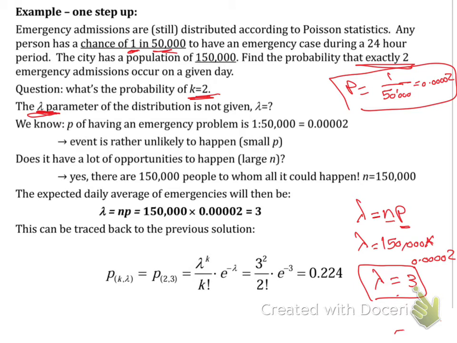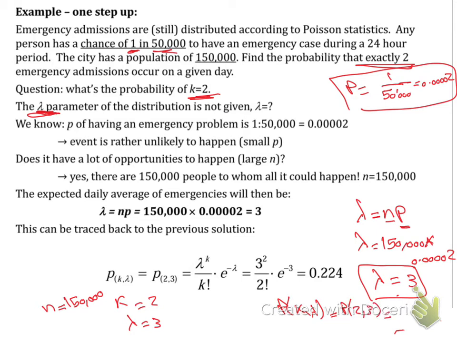So now I have K equals 2. I have lambda equals 3. I have N equals 150,000. So can I solve this problem? Yes. So the probability of K equals 2, lambda equals 3